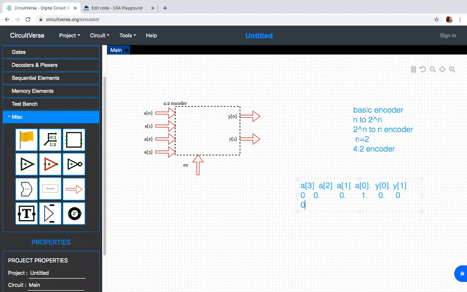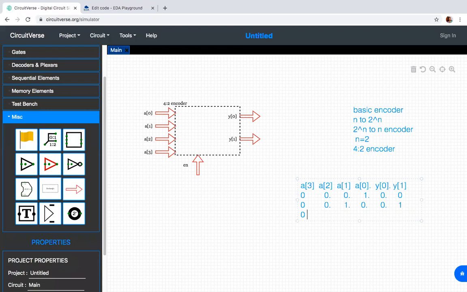Next, when A1 is 1 and A2 is 0, what will be the output? This will be 0 and 1, the second combination of the truth table. Again, I am repeating, A3, A2, A1 and A0 are the inputs and Y1, Y0 are the outputs.